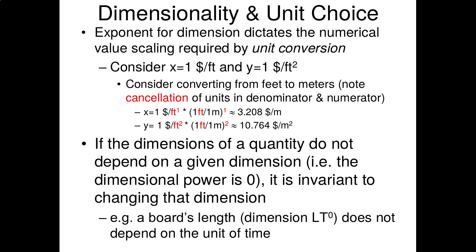Now, a key factor that is going to be one of the most important points of this lecture, and its practical implications for more sophisticated use of this sort of modeling, is the following. If the dimensions of a quantity do not depend on a different dimension, if its dimensional power, its exponent, is 0, it's invariant to changing that dimension, okay? It doesn't matter what our unit systems are for that dimension. It's not going to change the number,